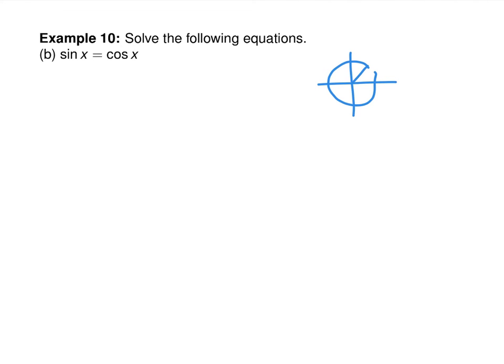Pi over 4, and also at 5 pi over 4. Now notice that those two angles are equidistant from each other. So to get from pi quarters to 5 pi quarters, how much do you add? Pi. And then to get back up there, you'd add another pi, right? So in that case, you can actually list it as pi quarters plus pi n,